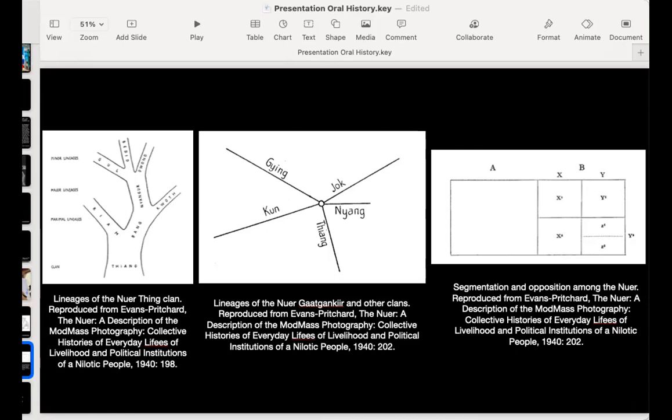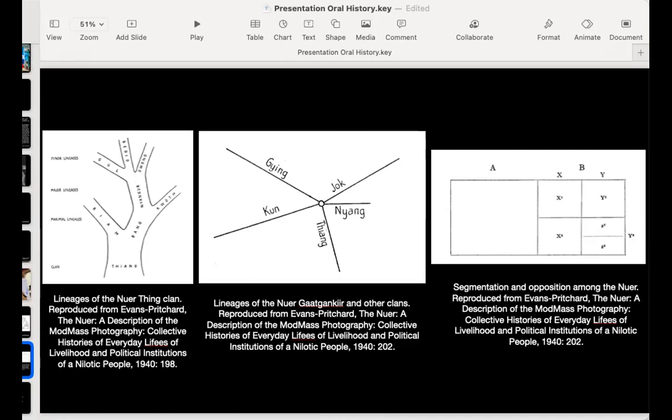The first approach is very typical. We come with a specific idea of what family relation is like, and therefore we impose that. Even for us today, we rely on the tree model: father, mother, and then the different branches of the family, and everything grows out into a nice little tree. This is, for Evans-Pritchard, the imposition of